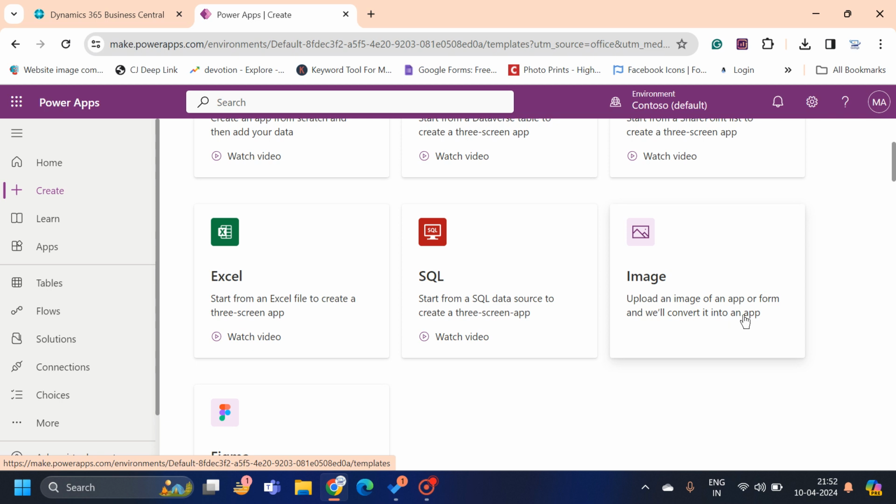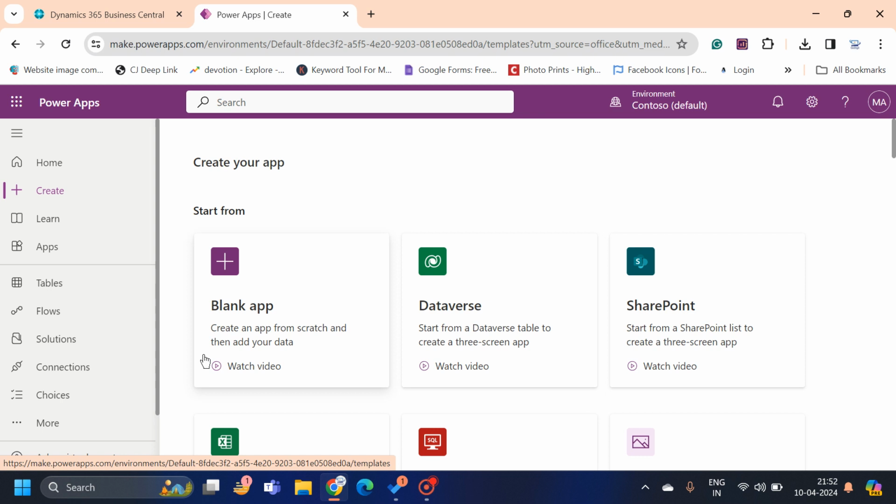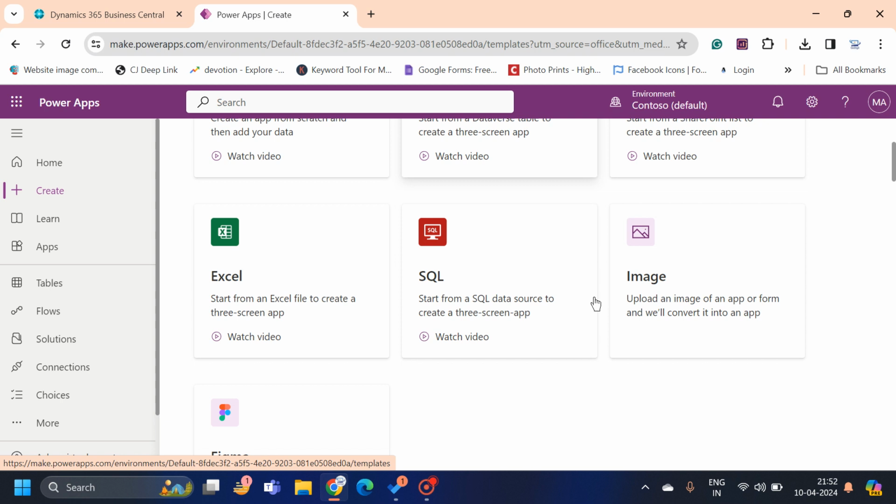So this is a very interesting option which is available in the Power App, because when we use the blank app option, we have to design the complete screen of our app from scratch. But sometimes in various scenarios, if you are working with designers or you are very innovative, then sometimes what we do is that we write everything on paper. We draw certain things on the paper only. Okay, so this image option helps us that